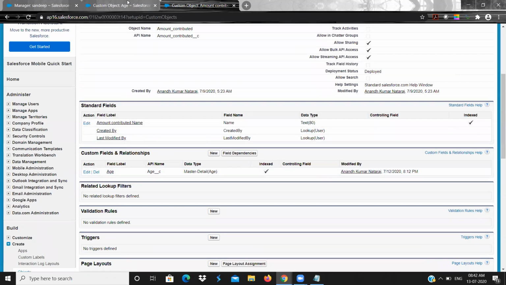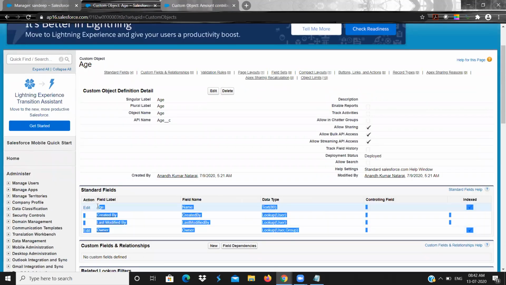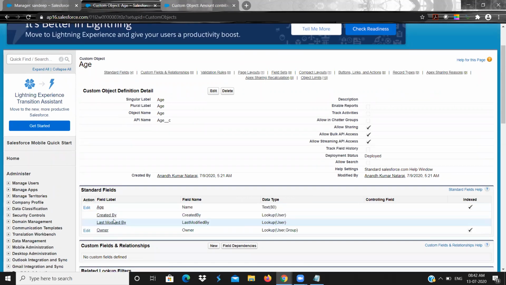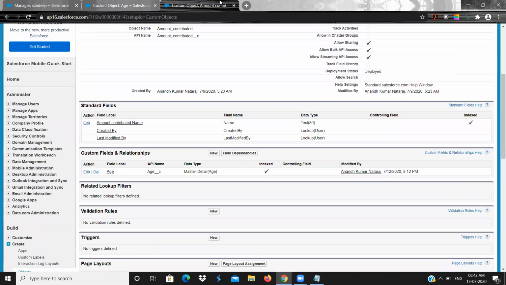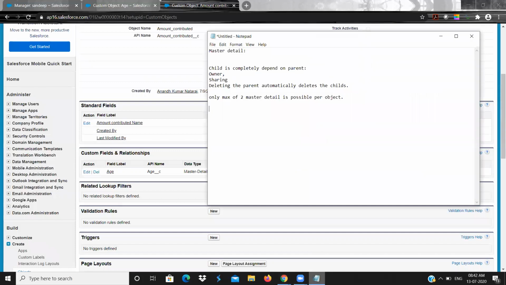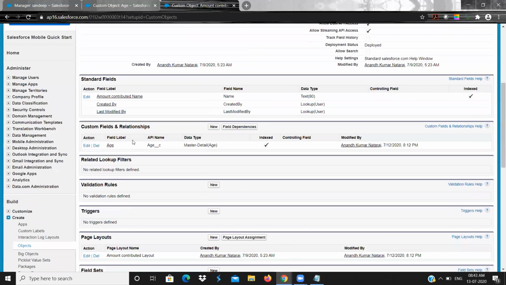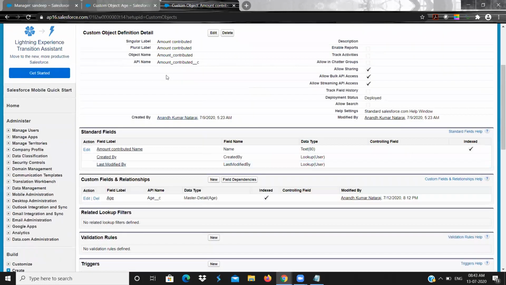See, the owner is not available. By default, all the objects will have four standard fields, right? But here, if you see, the owner is not available. Why? Because as I said, the owner and the sharing setting depend on the parent. So obviously, the parent object is age.